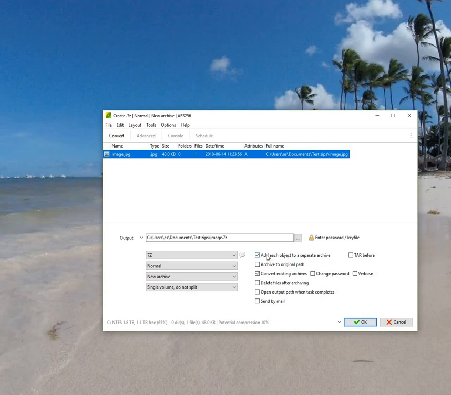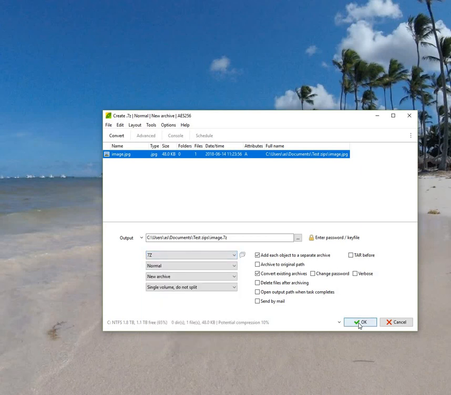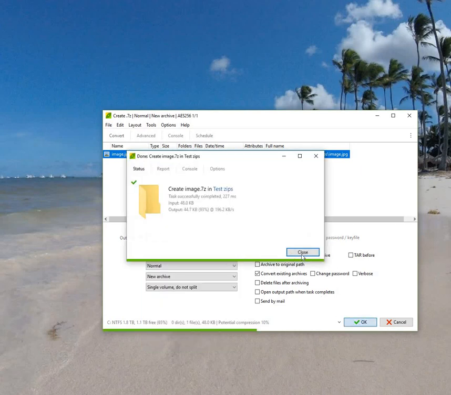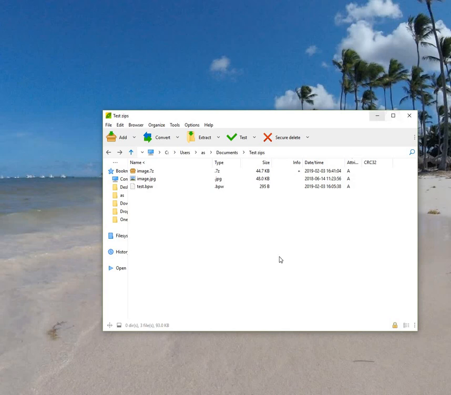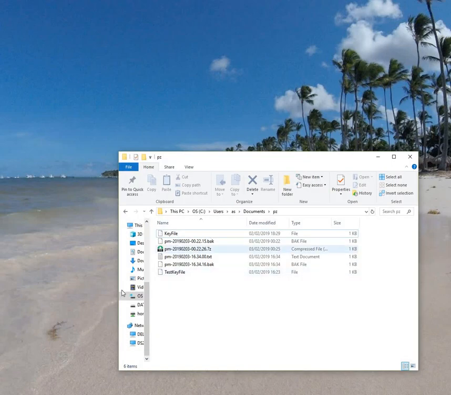If you want several images separate, you click that, self-explanatory really, and choose your format from there. I'm choosing 7-zip for this exercise because the video is getting a bit long. Click OK, and then when I minimize that and then open it in the other programs,